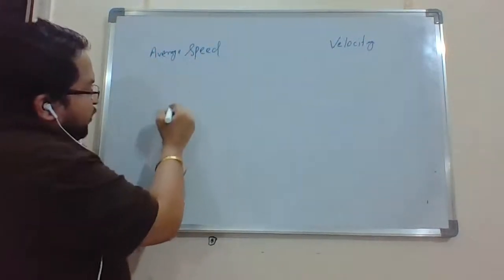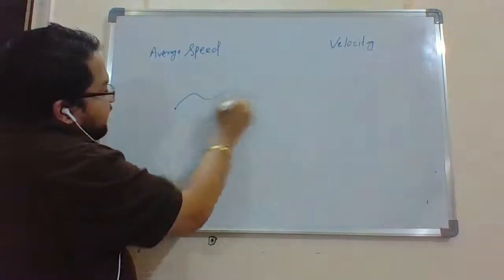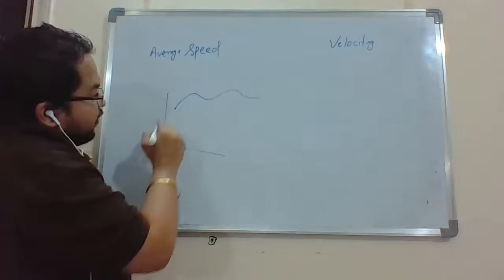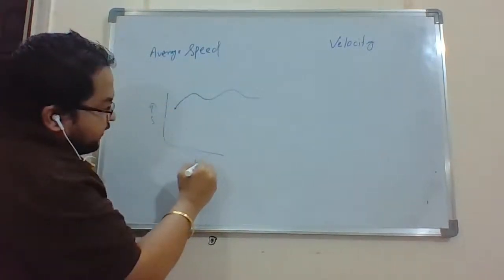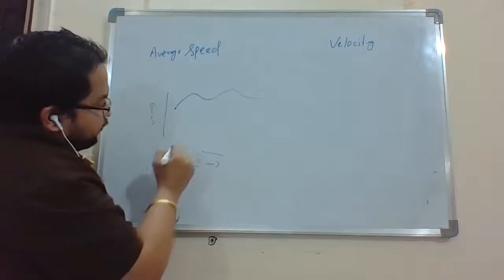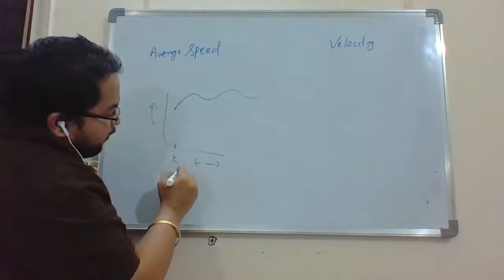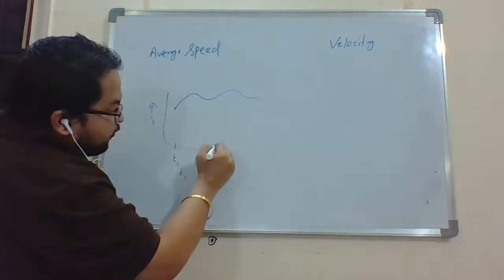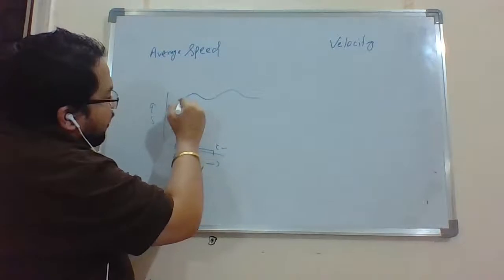So say when position of something changes with time. So this is a graph, right? When position of something changes with time, from a time interval, suppose t equals t1 to t equals t2, in this interval, whatever